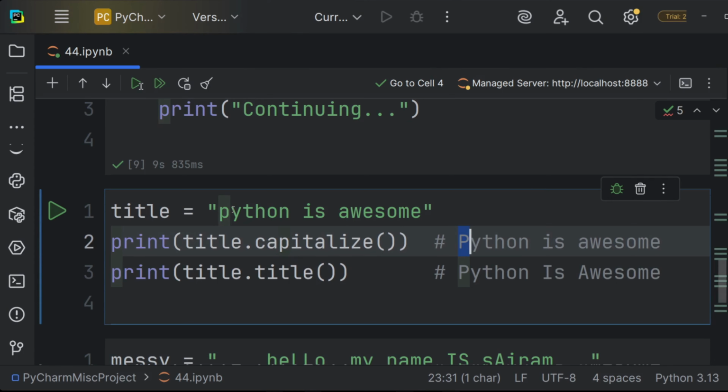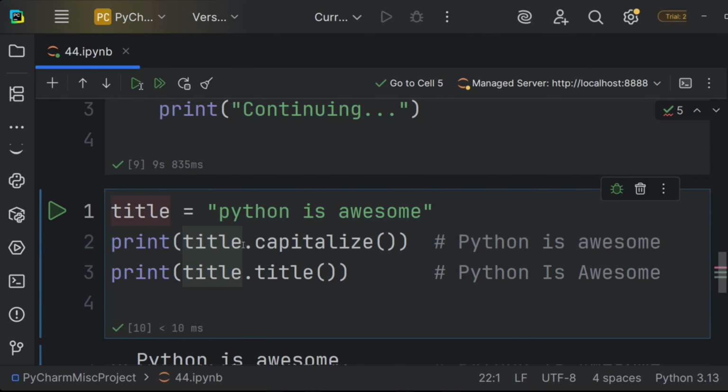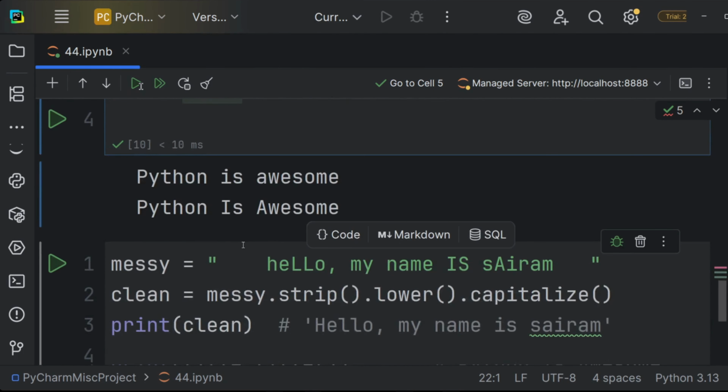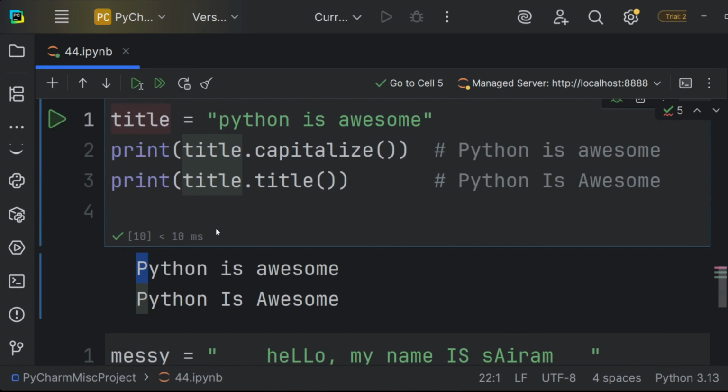That's when you will use the title method. The title method capitalizes every word in the string. So when we run this code, we can see Python is awesome with the capitalize method only capitalizing the P, and with the title method, the P, I, and A all get capitalized.